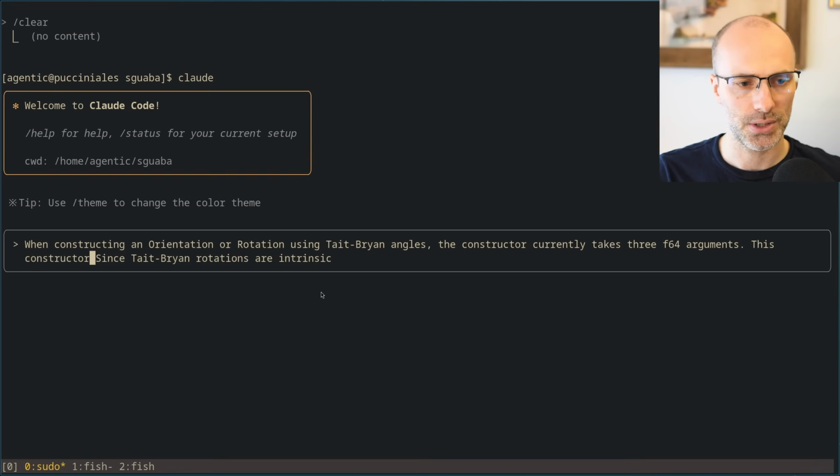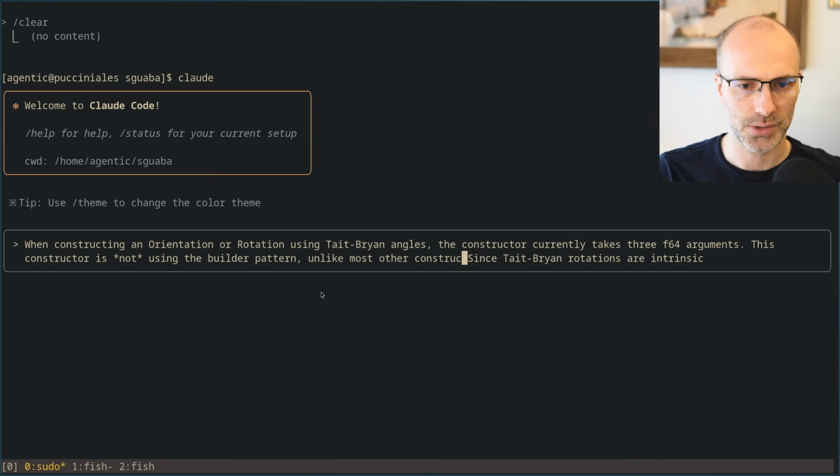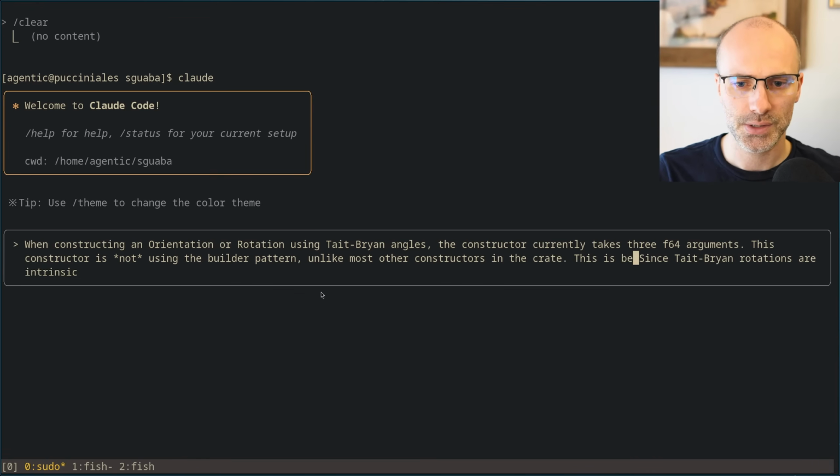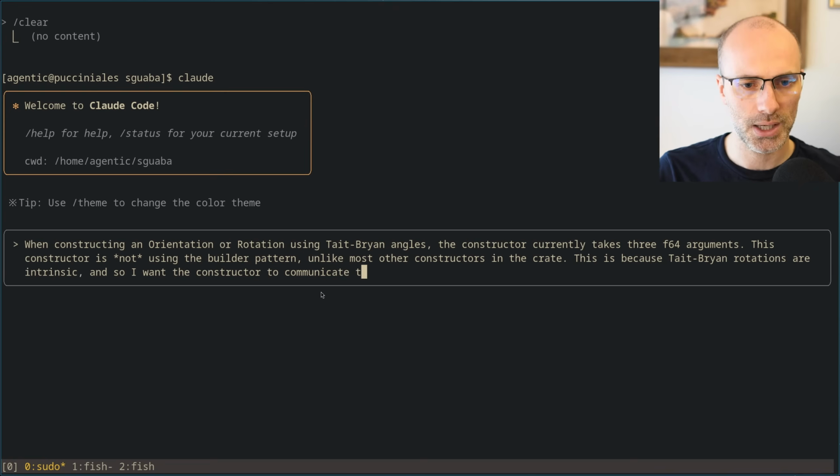This constructor is not using the builder pattern, unlike most other constructors in the crate. This is because Tait-Bryan rotations are intrinsic, and so I want to communicate to the user that they cannot choose a different order for the arguments.